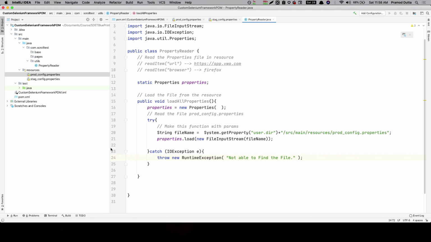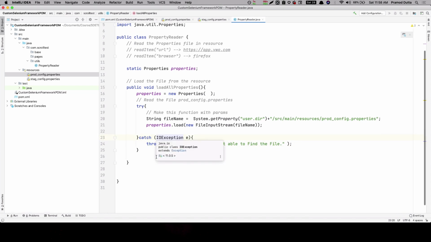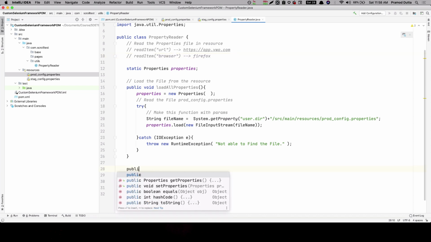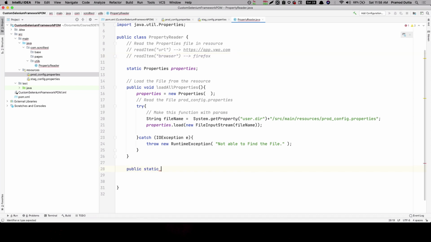Okay. So this is our configuration management, right? But this was step one, and we need to do the second step, which is we need to create a function also, readItem, right? So let's do one thing. Let's create a public static, again a static one, and let's call it readItem, and it will take a string, of course, right?